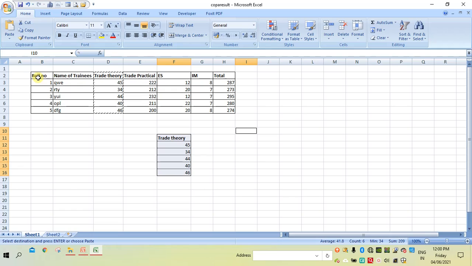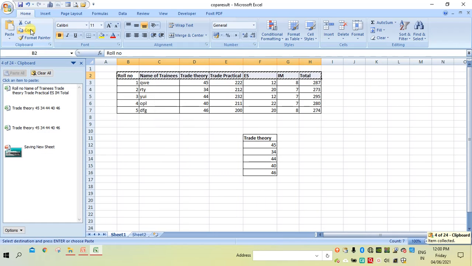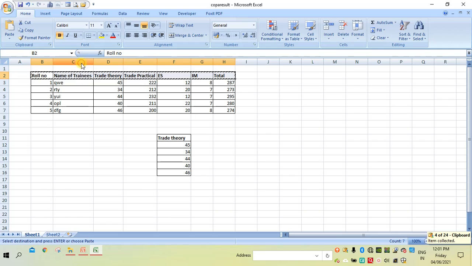Suppose if you want to copy the entire column, for example the first row of this table, I want to copy, select this and then press Ctrl C, or you can press on this. So when I do this, you may observe that the selected area has a dancing line.